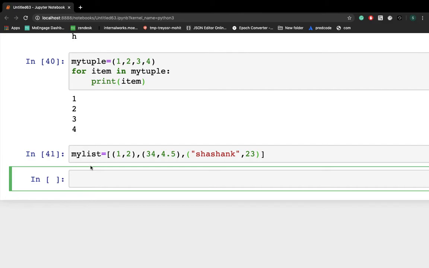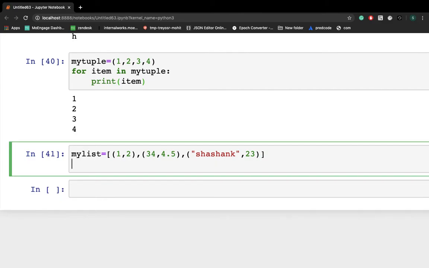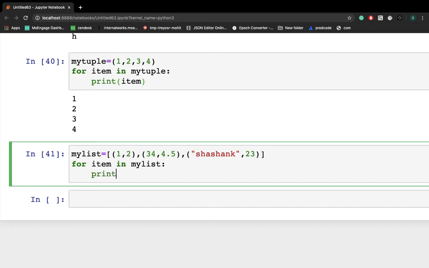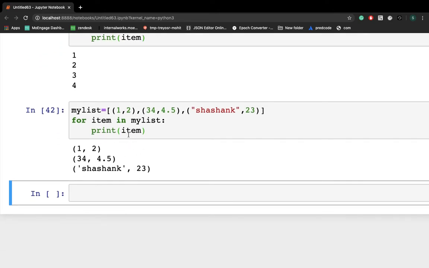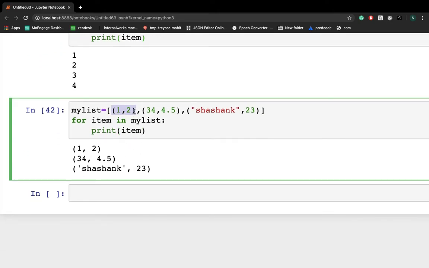Same thing I'm doing here: for item in my list, colon, print item, right? We will get whatever items are there. It will iterate through all of the elements. This is the first element, this is the second. So three items I got, right?